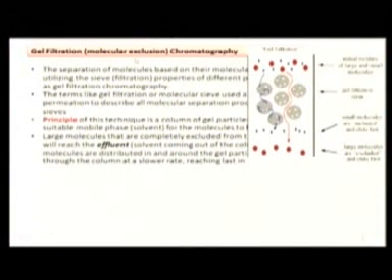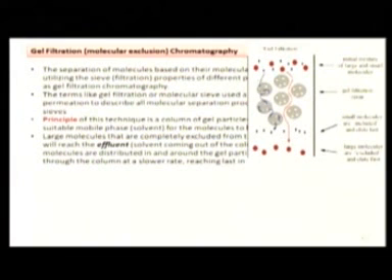Here, if you see how gel filtration chromatography works, this picture clearly indicates it. Just imagine these beads are nothing but gel with pores. On the top layer, we put the mixture consisting of both smaller molecules and larger molecules. When you add the solvent over this column, what will happen? The smaller molecules will enter into the beads. Follow these blue lines: they indicate the smaller molecules entering each bead and each pore, and coming out. Whereas the larger ones in red color do not enter any bead, but move in between the spaces present and reach much faster.